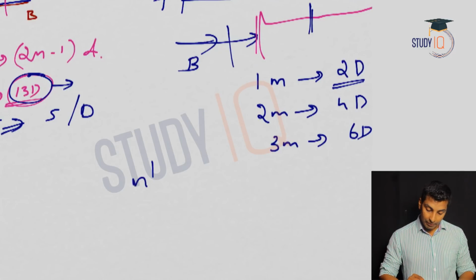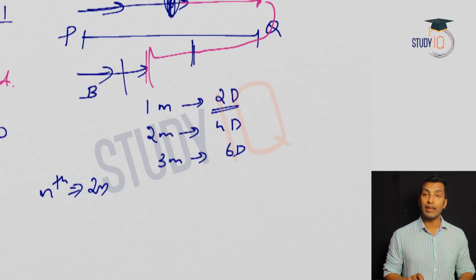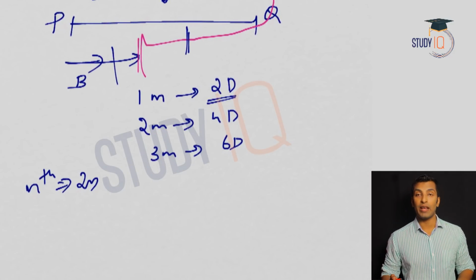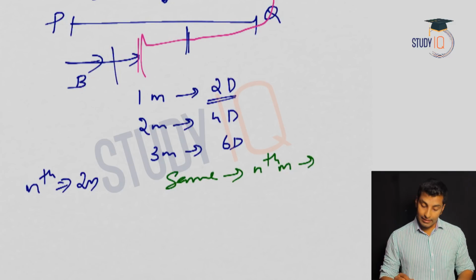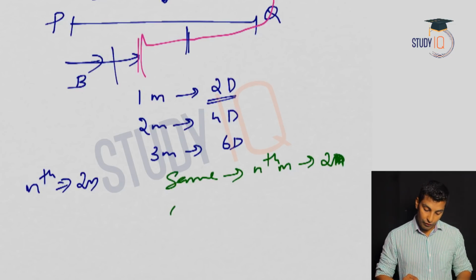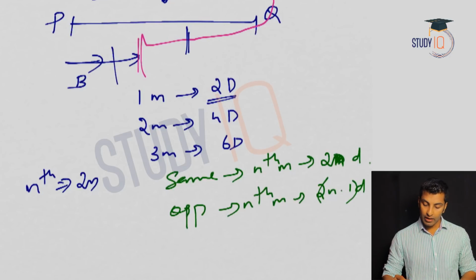So nth meeting, you cover 2n distance. Now onwards this is going to be very simple. You should think in this way: whether they are moving in the same direction or opposite direction. If it is the same direction, nth meeting, the distance covered is 2n distance. If it is opposite direction, nth meeting means 2n minus 1 distance will be covered by